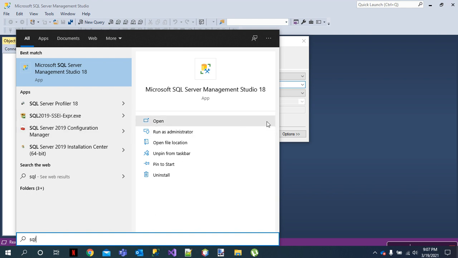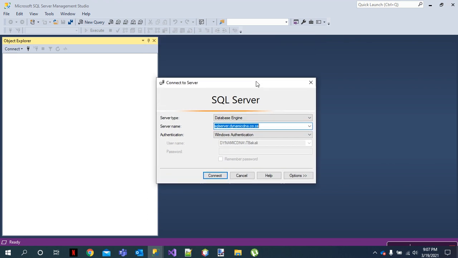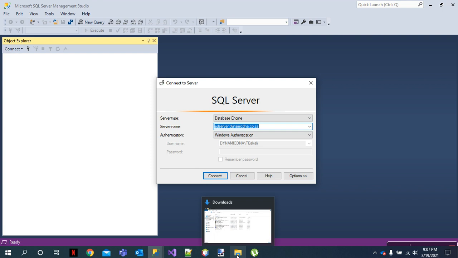But today, because we're setting up just how to log into SQL using SQL authentication and using an IP address connecting to your machine, to your server, this is where we're going to start. So first of all, I just freshly installed my SQL Server, so my Server Management Studio is not aware of the server which exists. So I will have to go find out the name of the machine first.